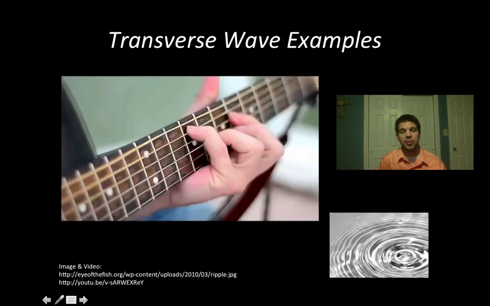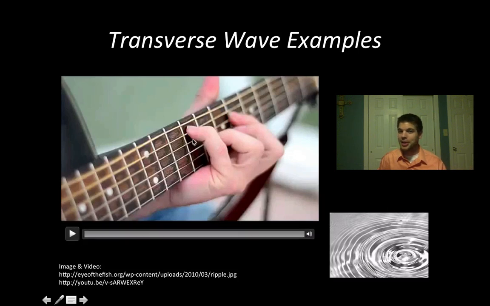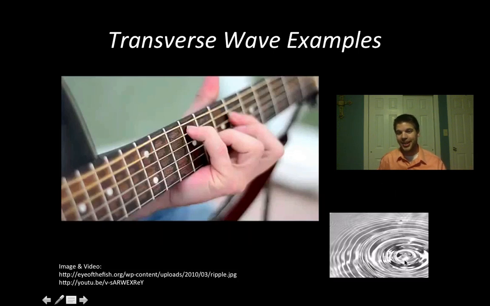So here are a couple examples of transverse waves that we've seen in everyday life. I'm going to save the guitar one because I think it's really cool. But this is just ripples in a pond. You drop a little water droplet into a pond, or you see rain falling, and then these ripples come out. And what happens is the water travels up and down, but you see the wave actually spread out. And so we see that perpendicular motion. The water moves up and down, and the wave goes side to side.